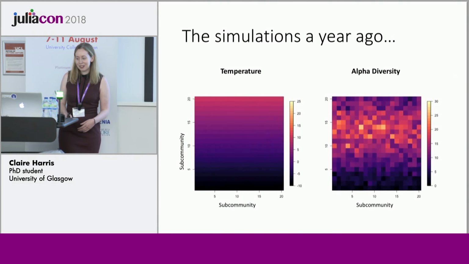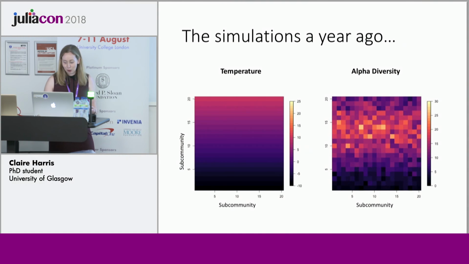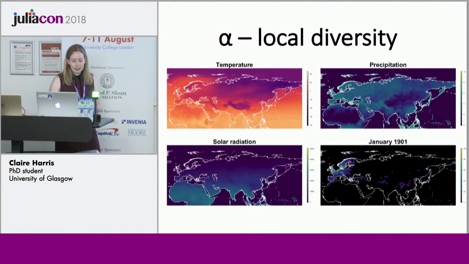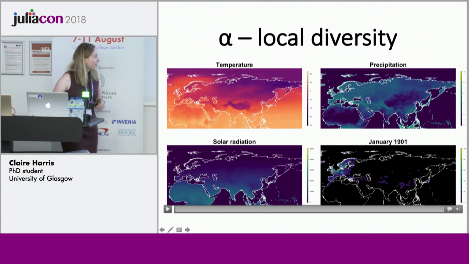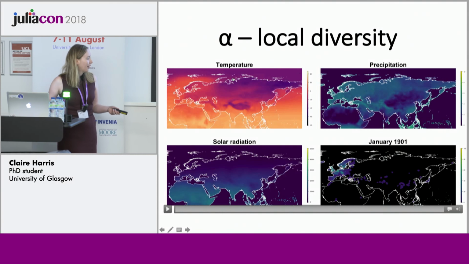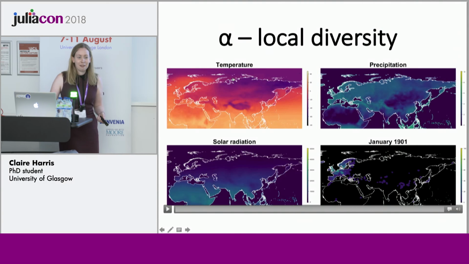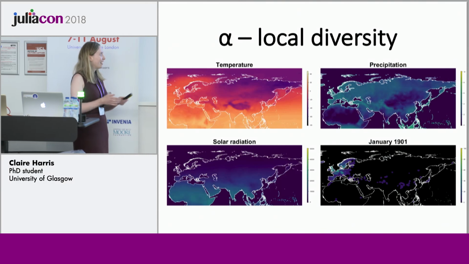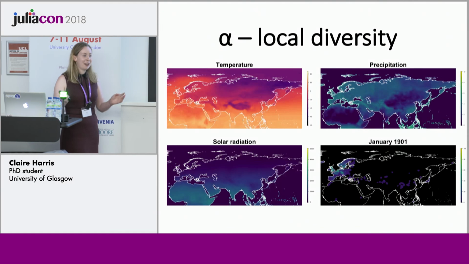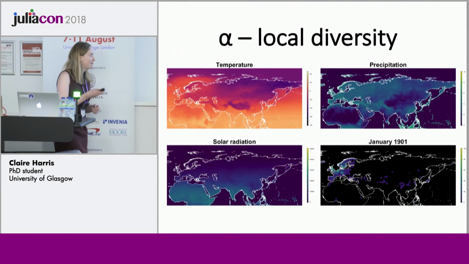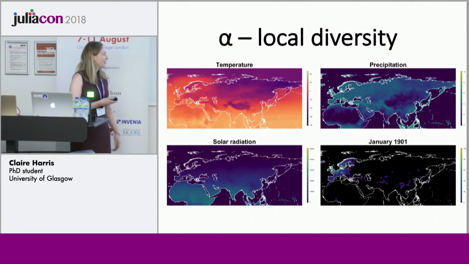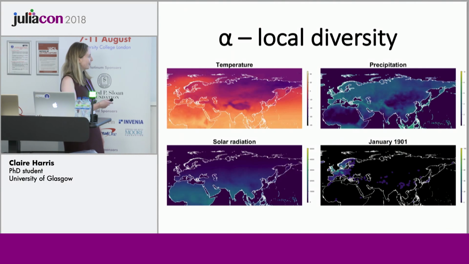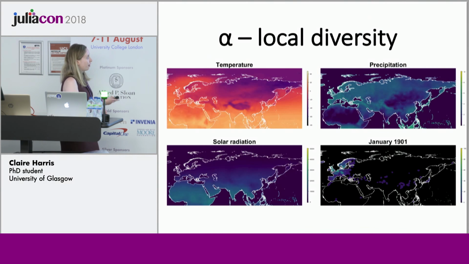So we've done quite a bit of work trying to get this more complicated and nicer to look at. Now we've got to the point, I think we worked out we had about a 10,000 times speed up or something, though when you know how slow it was initially, maybe that's not so impressive. But now we can look at whole regions of the Earth and simulate for various climate parameters.